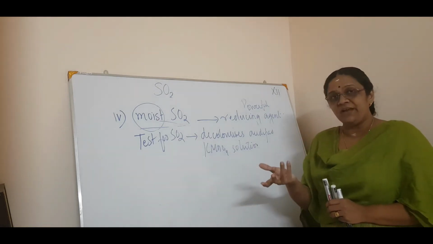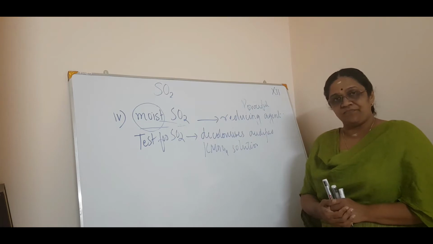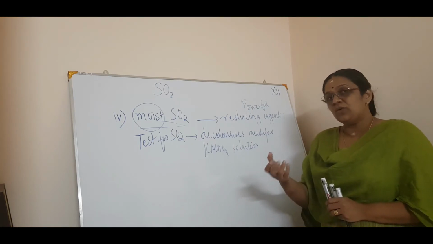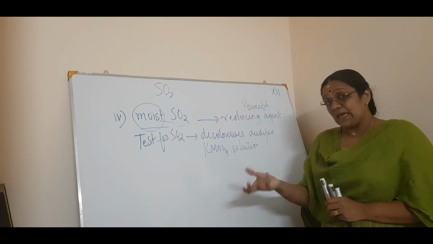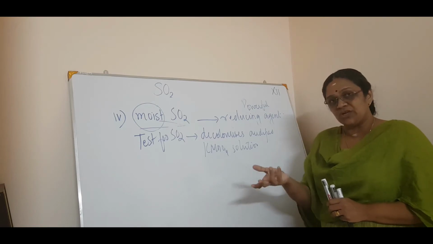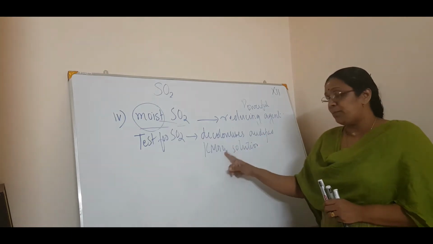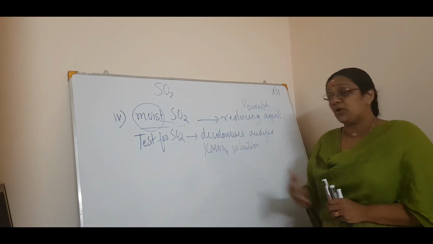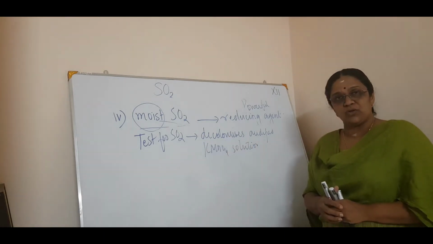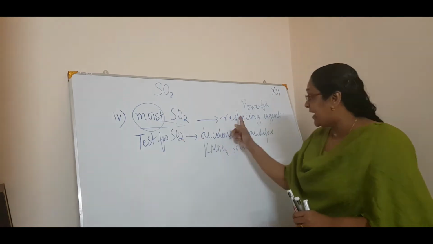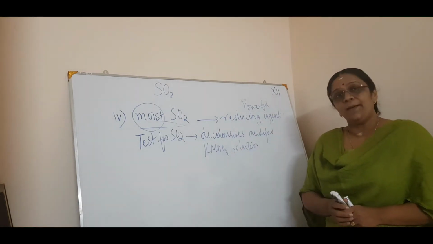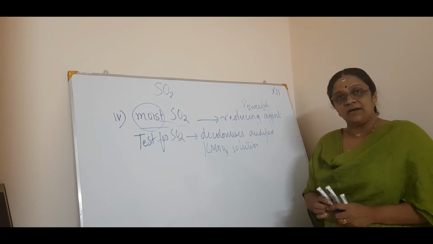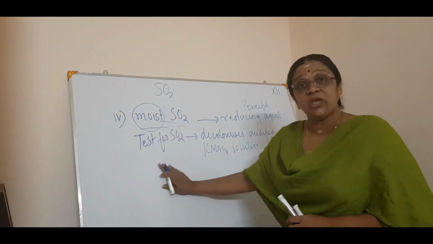You have to observe it, right? Then only you can have a chemical test. If there is no observation, you can't write that as a chemical test. To distinguish, you have to observe. So, this is a good observation, that is, that the color of the KMnO4 vanishes, or decolorization of KMnO4 solution, which states that sulfur dioxide has a reducing power. Clear? Now we will see how the equation goes.